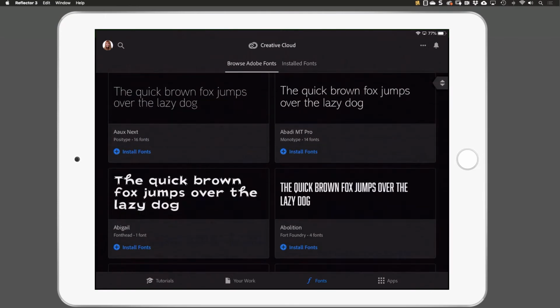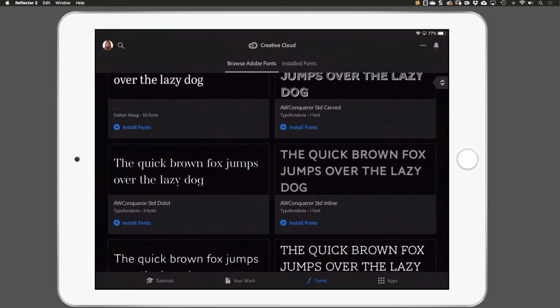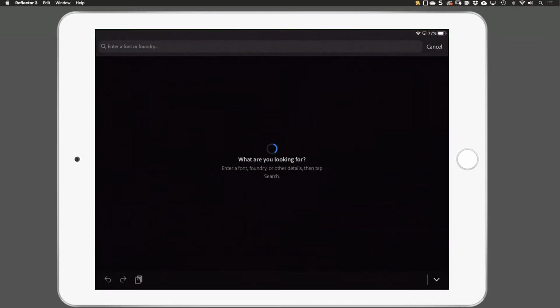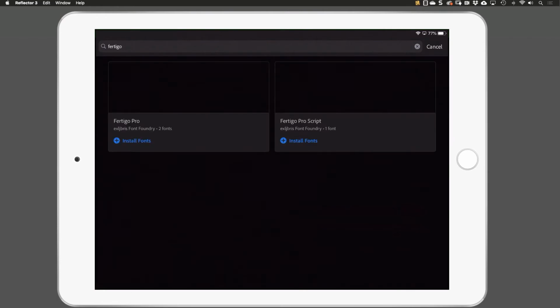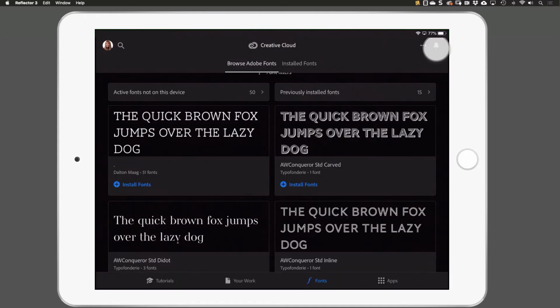It could take forever to scroll through here and find the perfect font though. So if you know a font that you're looking for, you can search for it in the search icon here at the top. I'm going to type in Vertigo because I know that's a nice script font that I like. And we'll see that there's two of those. I could install it from right here. Instead of installing that though, I'm going to cancel out of this and show you another way that may be